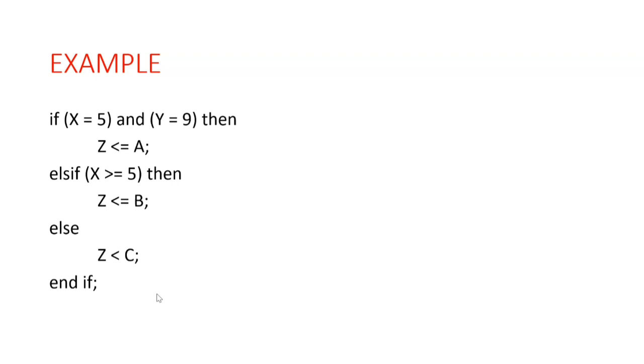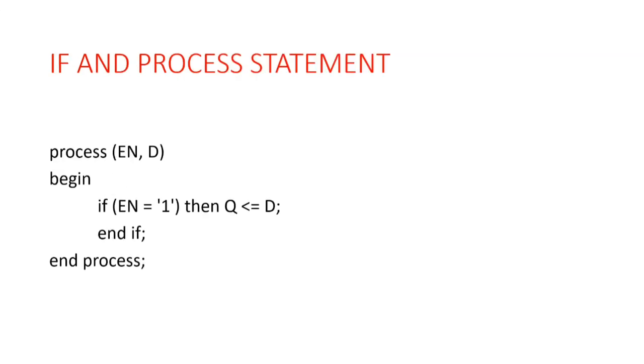So this is a statement where we use if. First we write a condition, then you write a sequential statement here. Then for the next clause you use else if, again putting a condition. For the last clause you put just else. So if none of these conditions is satisfied, then you put else and give a sequential statement here, then end if. Okay, this is actually the same as in the other languages. In those languages also we generally put it like this.